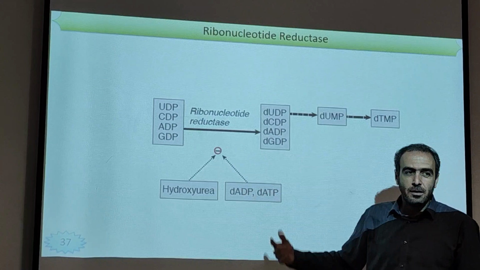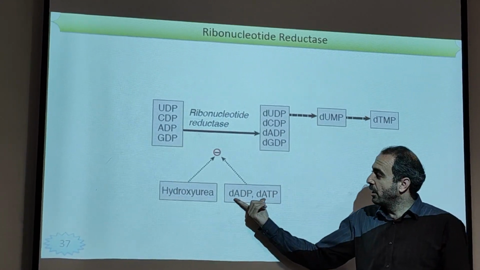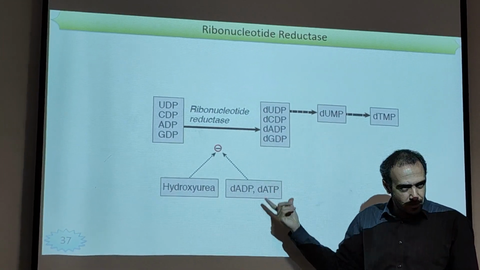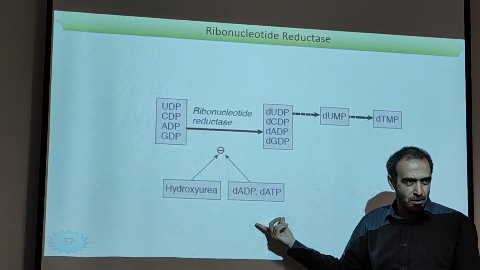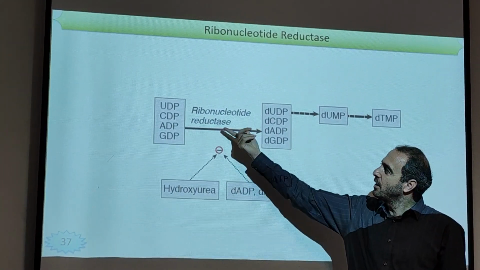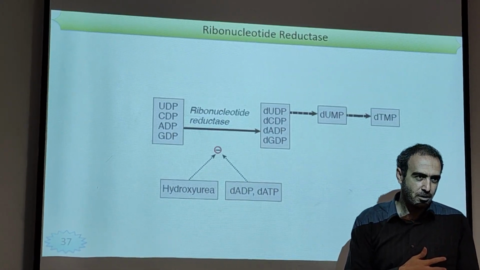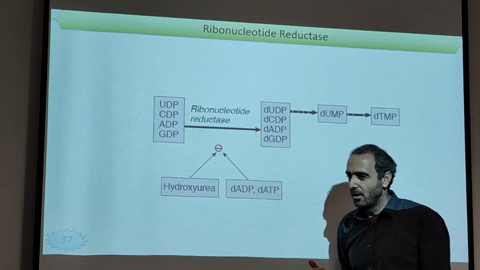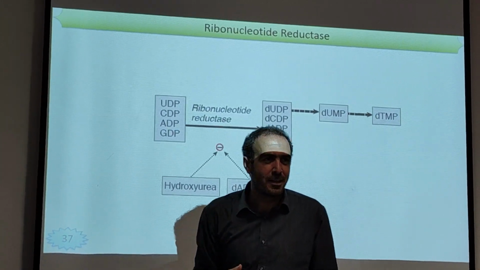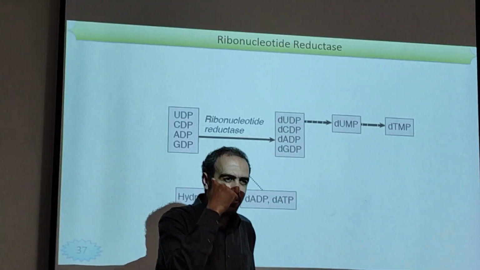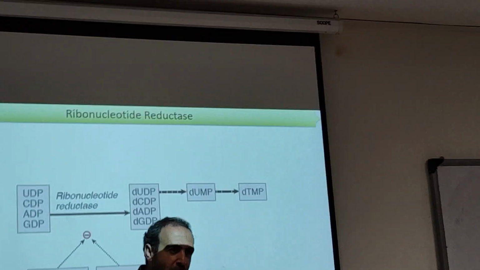If they are degraded, they can't inhibit it. If they remain in high concentration, they inhibit ribonucleotide reductase. Okay? Got it? Yeah. So for this reason, what kind of enzyme is needed at the first step of purine degradation,